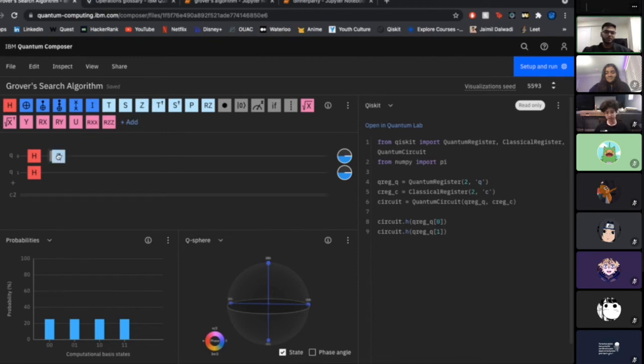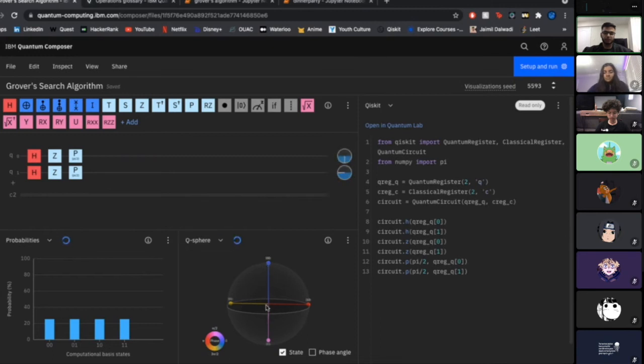But next thing we're going to do is add a Z gate, which basically flips the sign. This here is the Bloch sphere, which shows probability in 3D. It's just cool to see. So when we add a Z gate, it flips the sign from positive to negative, so it goes to the bottom, like if you've seen on a graph. We're going to do that for both of them. And then we're going to add a phase gate. Basically what this does is it applies a phase to the qubit, and it makes it easier to calculate things.